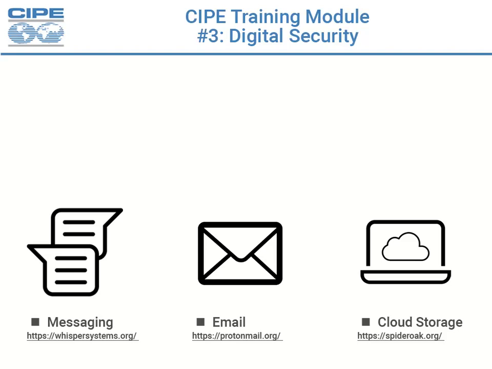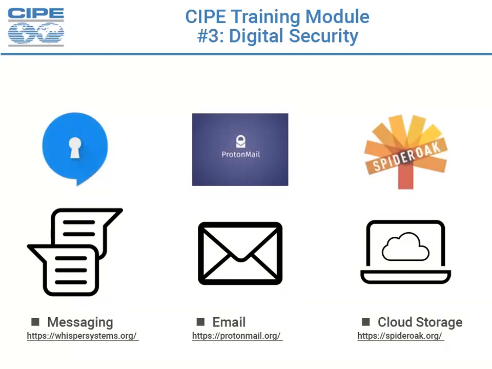These alternatives, Signal, ProtonMail, and SpiderOak, are more secure for many reasons, partially due to encryption, but mostly due to passwords not being stored. Passwords are often the weakest link in an organization's digital security, so these alternatives address that by not storing the password. The danger to that is that if you forget your password, for ProtonMail and SpiderOak, there is basically no retrieval mechanism.